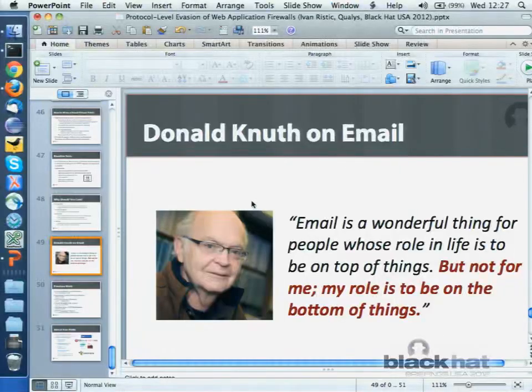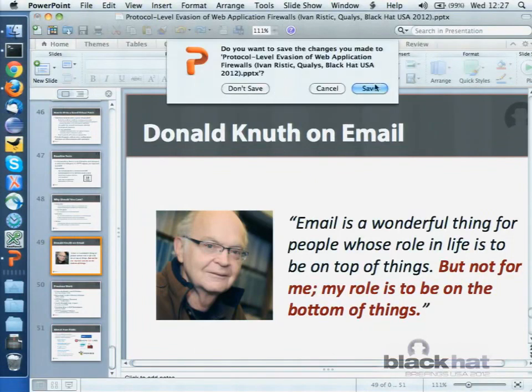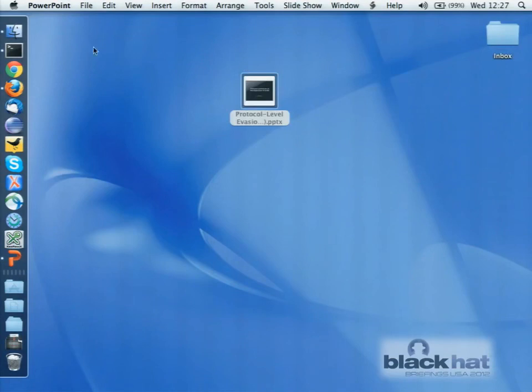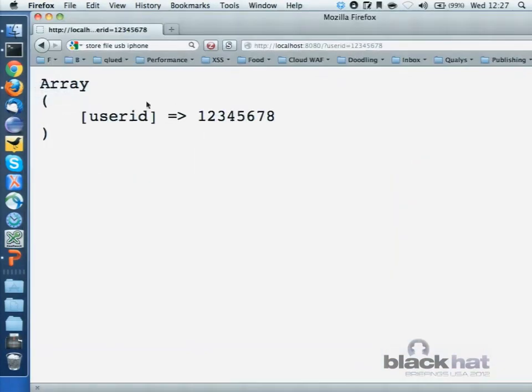Now, I promised a demo. I don't find it particularly interesting. What I have here is a web server, and I'm going to demo the ModSecurity bypass, if you have ModSecurity 2.5.5 running. I have a very simple PHP script that will simply bounce back whatever parameter is sent to it.